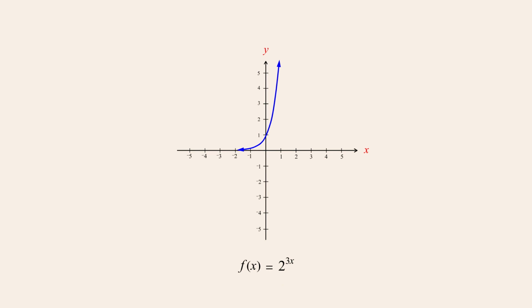And as we have seen, a positive or negative constant could be added to this exponent. For instance, subtracting 2 from x before multiplying would shift the graph 2 units to the right. And distributing the 3 to the terms in parentheses, this exponent could also be written as 3x minus 6.